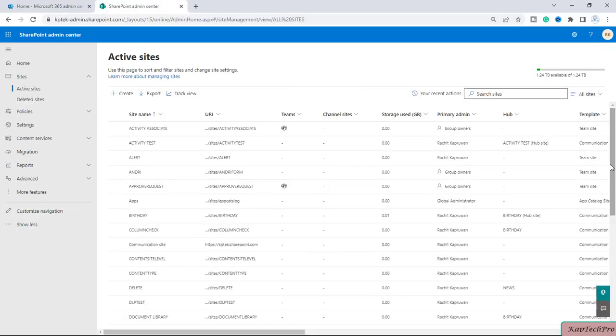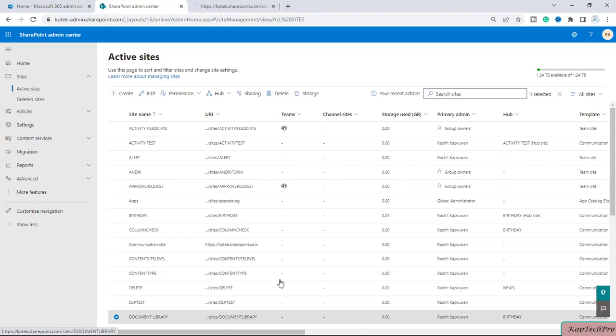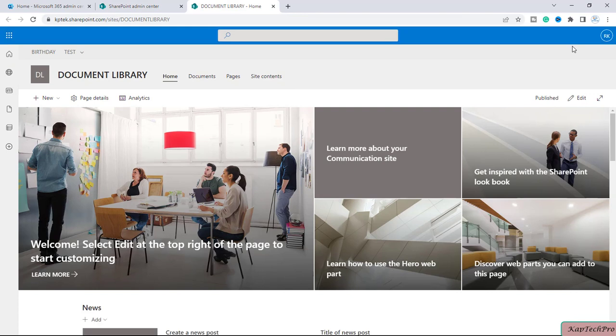Okay friends, so now we are on our SharePoint Admin Center, and before we proceed to disable the subsite creation in SharePoint Online, I will randomly open any one of the sites. Let me open the site with the name of document library. Alright, here if I go to the site contents,